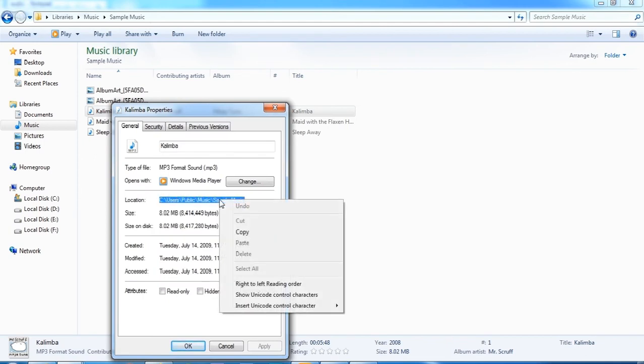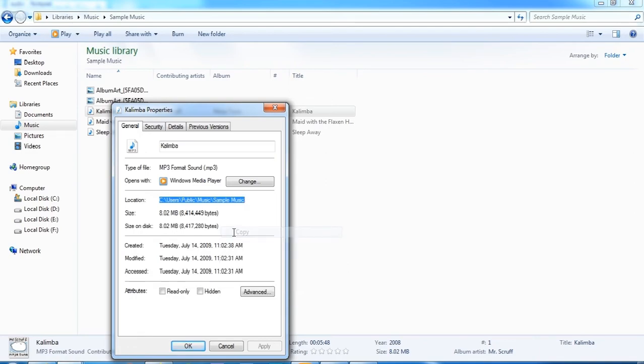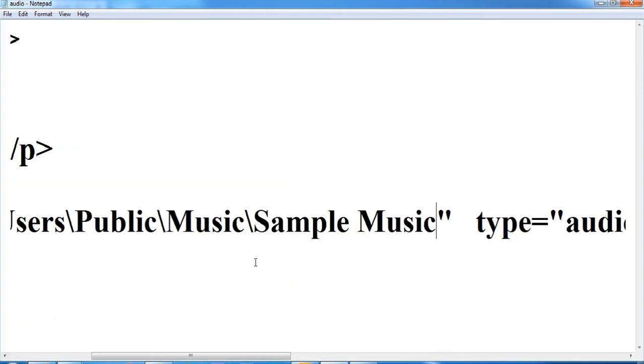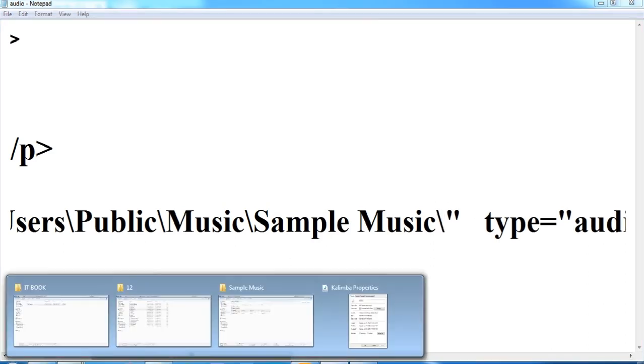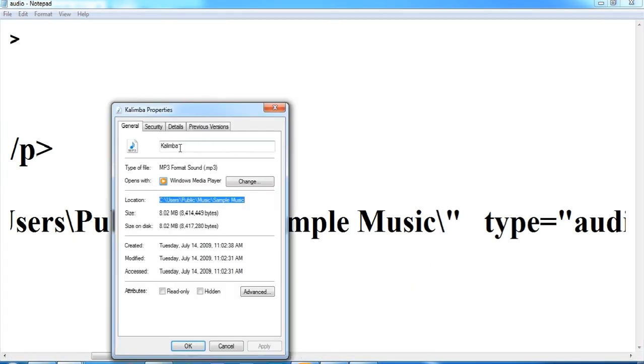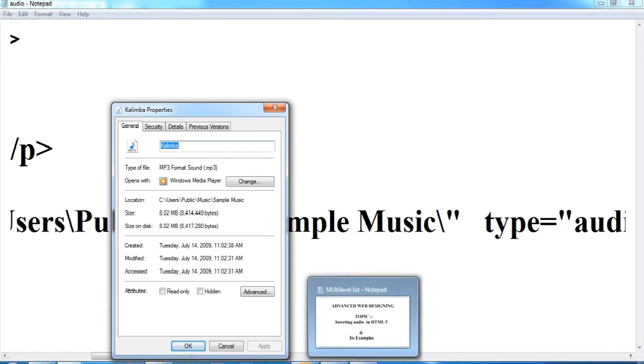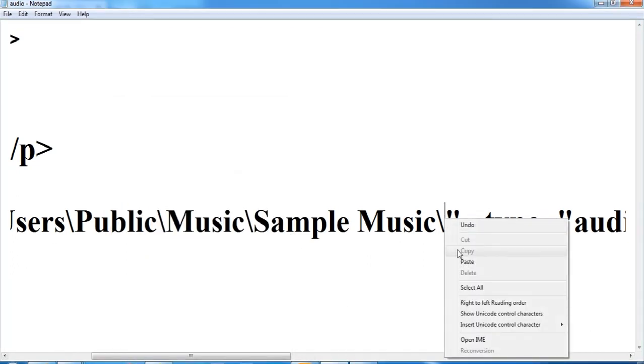I am right clicking on this and copying this, and I will simply paste it here. And I will give its name. In properties you can see its name is Kalimba. Copy and paste it here.